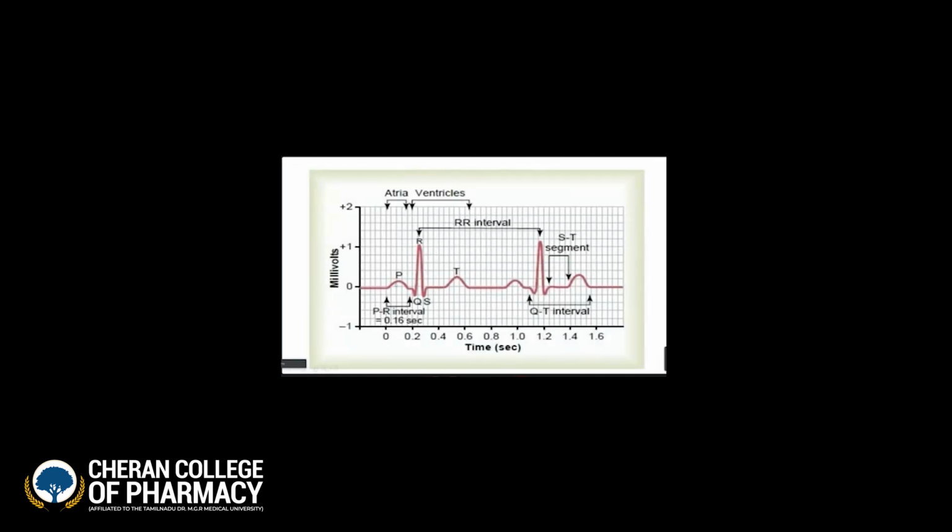See, the P wave is due to the contraction of the atrium, and after that there is a relaxation phase. When the atria are getting relaxed, during that point the PR interval is getting generated. After that, when the impulse is traveling towards the ventricles, during that point the QRS wave is getting generated. QRS complex, right? When the impulse is moving away from the ventricle, meaning the relaxation phase comes, then the ST segment